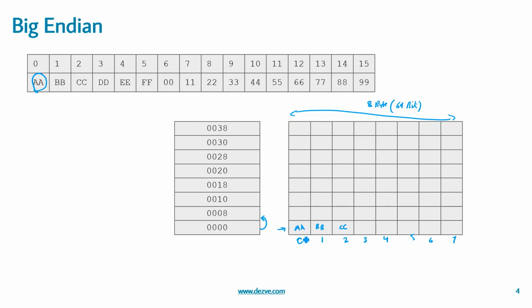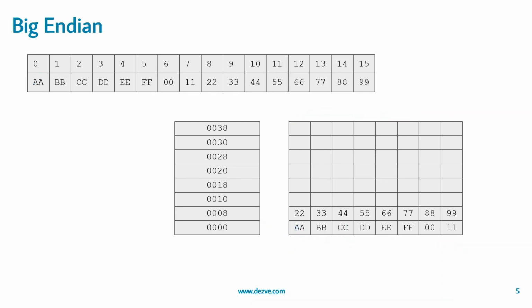Now, if it was little endian, if I fill this, I'll get something like this: A, B, B, C, C, D, E, F, F, and then it will again start from here. So basically, if we name this as MSB, and if I name this as LSB, for big endian, the data starts from the MSB and then proceeds to the LSB.